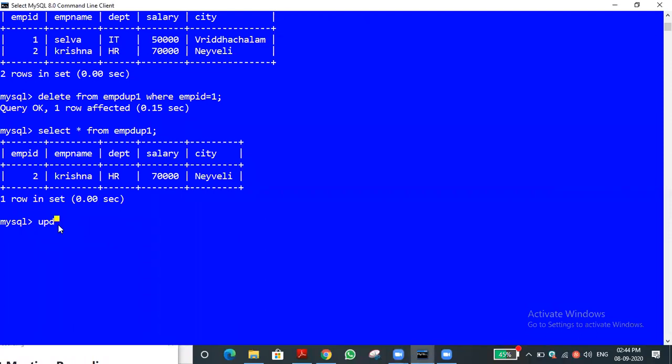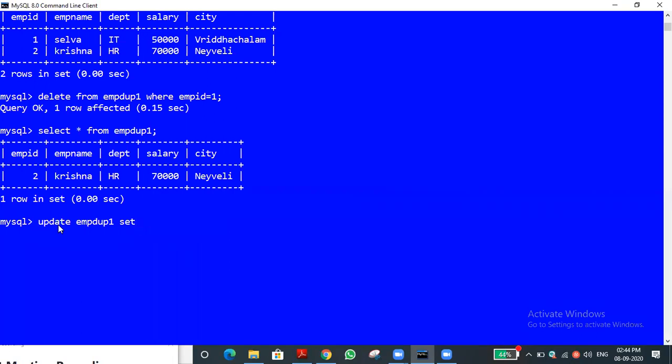Yes, it's now working. Okay, we have to use the command update. Update and table name. What is the table name here? EMP DUP, isn't it? So EMP Dupe 1. Okay, so there is update table name set. The two keywords we are using: update is the command and set is a keyword. Of course, update is also a keyword. Update table name, set value name.